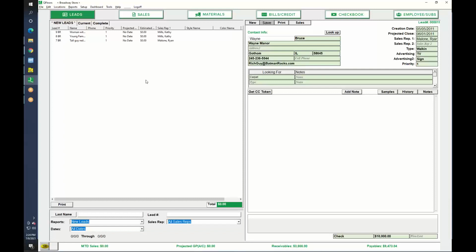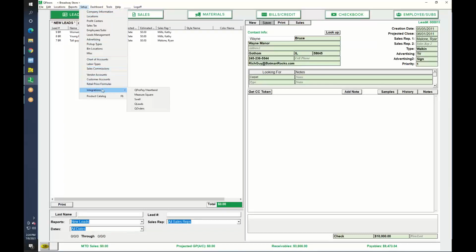First of all, we're going to talk about when you create an estimate inside of Measure Square, you can save those estimates, whether you're on an iPad or on the desktop. You can save those estimates to their cloud, what they call Measure Square Cloud, right? And when you put them up there on the cloud, then QFloors can go and pull those estimates from their cloud and put them inside of QFloors, okay? So in order to do that, you've got to do a setup here. Underneath our integrations tab, there's a Measure Square